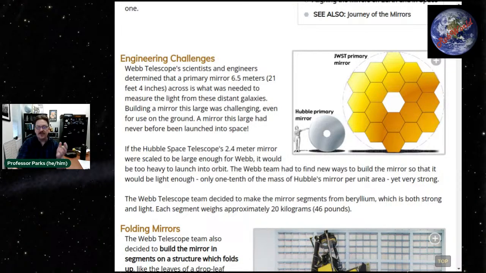So it is made up of 18 mirror segments, each about a meter, I believe, in diameter, although they're hexagonal, so diameter is kind of a kludgy way of putting it, but basically a meter in size.